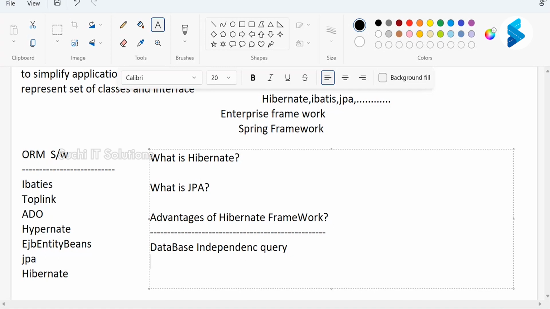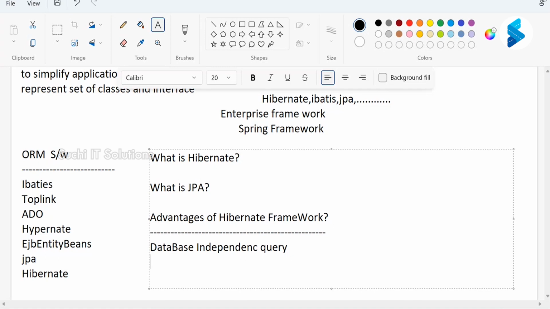Database independent means that based on your database software, the queries will be generated. We are not required to worry about it. These Hibernate queries are at the framework level. We write queries that are always independent. So we can say that in the Hibernate framework, the queries are database independent.